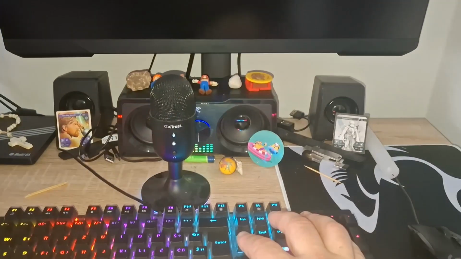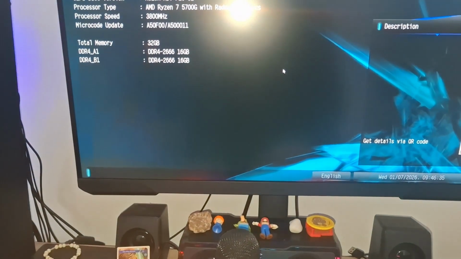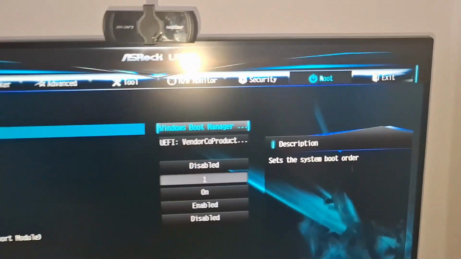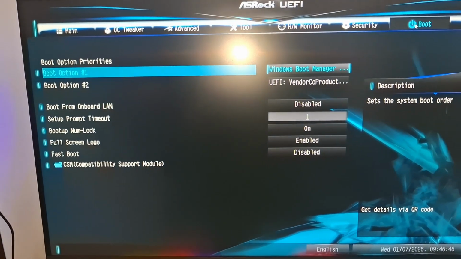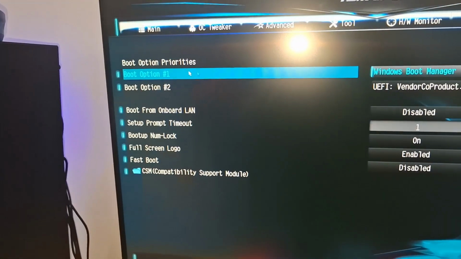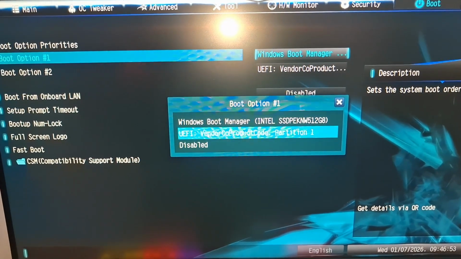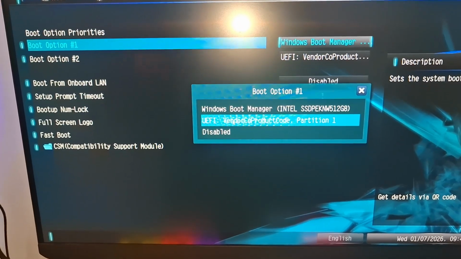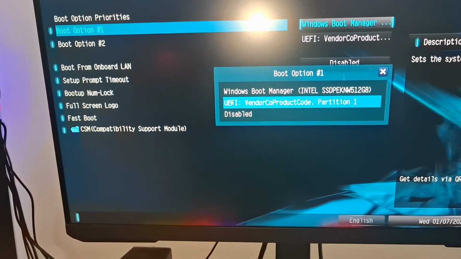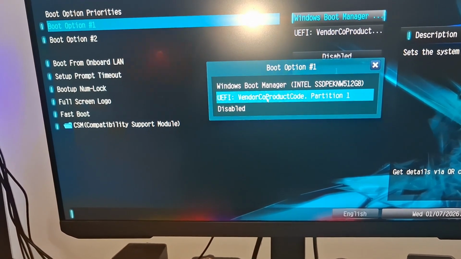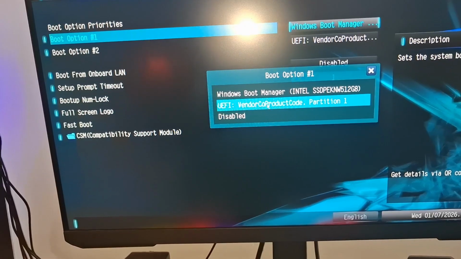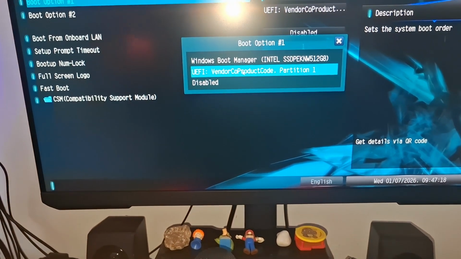If you have an old PC, you might need to press the delete button, like I do, to enter the BIOS. Go to your boot section. Not all BIOS have a visible boot section. You must find it somewhere in your BIOS. First, change this boot option 1 to the drive that you have the Windows installation on. For example, that is USB. This is how my USB is called. For you, if you have a DVD drive, you will have a DVD, CD, or something like that in the description of the boot options. You need to click that